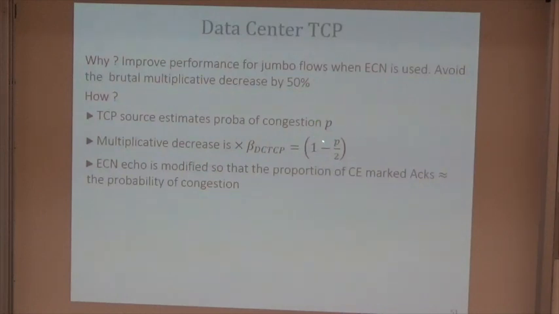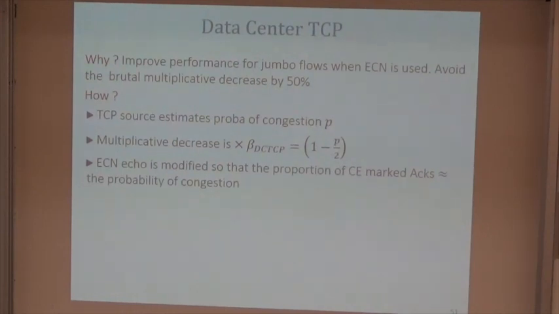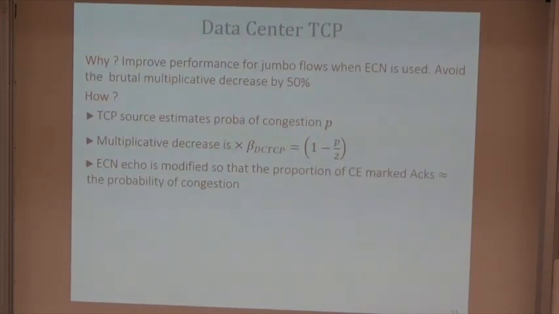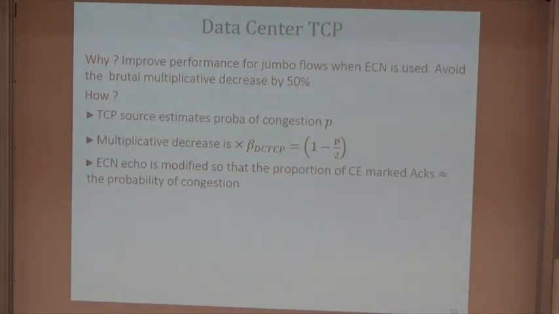that this is not sufficient, and the main reason is the sawtooth behavior of TCP, which increases its rate until it finds a loss or an ECN mark, then reduces by 1/2, then increases it. So if you do that for a very large flow, then you have large oscillations, and the average rate is 75% of the peak rate, which is the rate that you would like to be close to, because you oscillate between 50% and close to 100%. So that's the main thing that data center TCP aims at correcting, and they do it essentially by this modification,